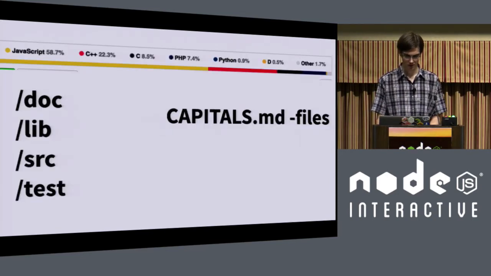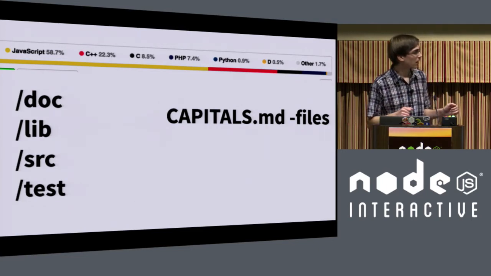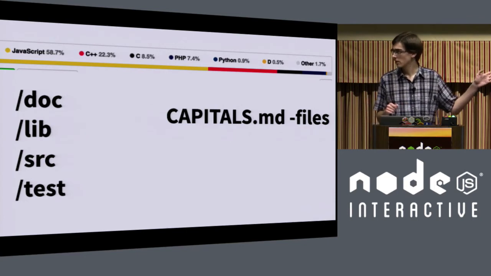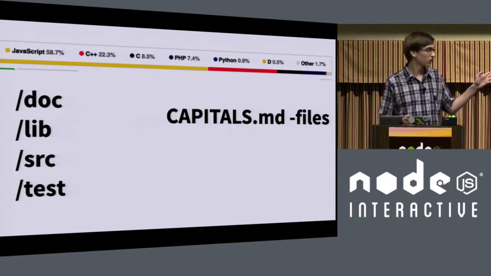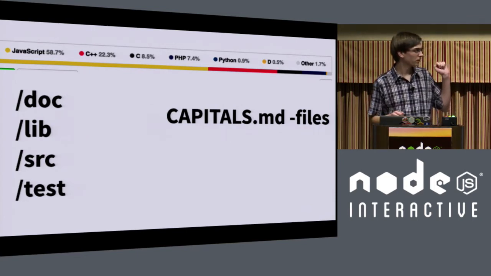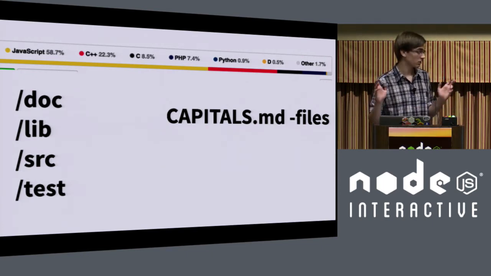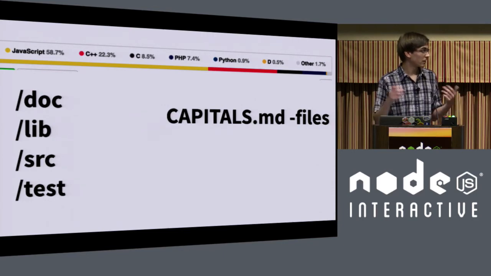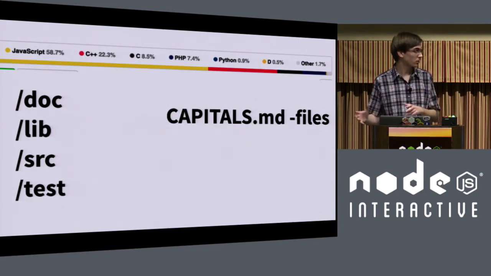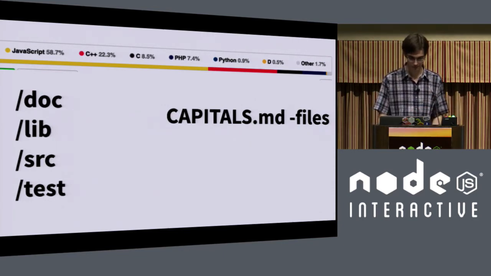So another thing to note, since I talked about JavaScript and the C++ being sort of separate, most of Node is actually in JavaScript. I talked to a good amount of people, and not everyone knows that most of Node is in JavaScript. They think it's in C++, but it's actually not. Most of it, including the dependencies and stuff, but actually most of core itself too is written in JavaScript.